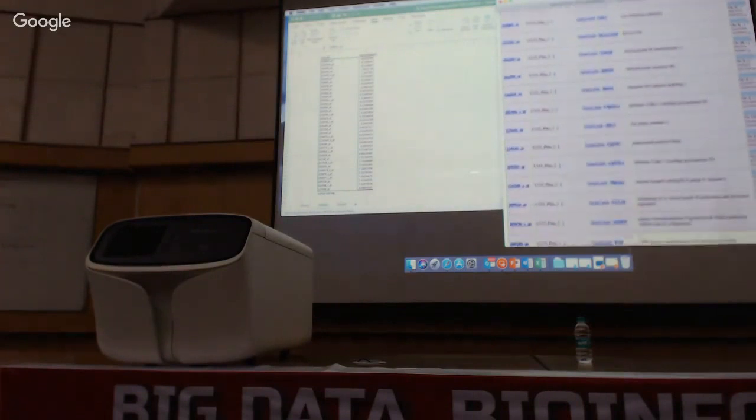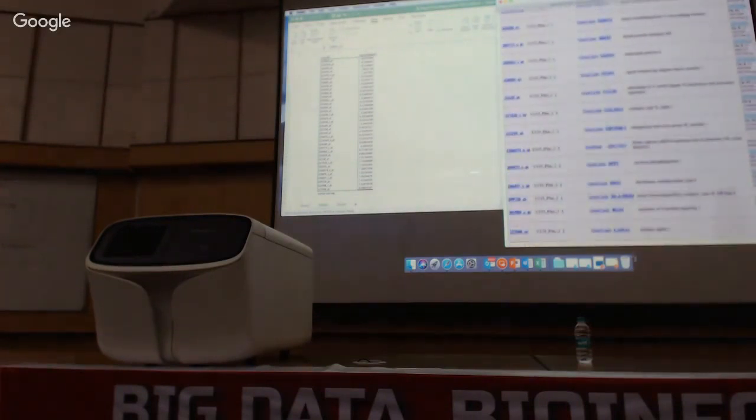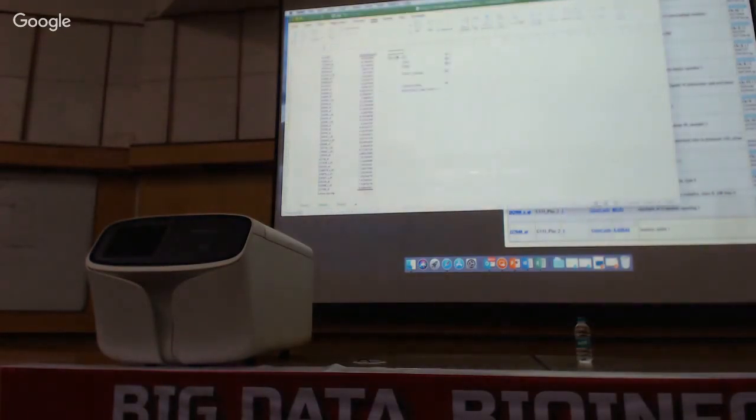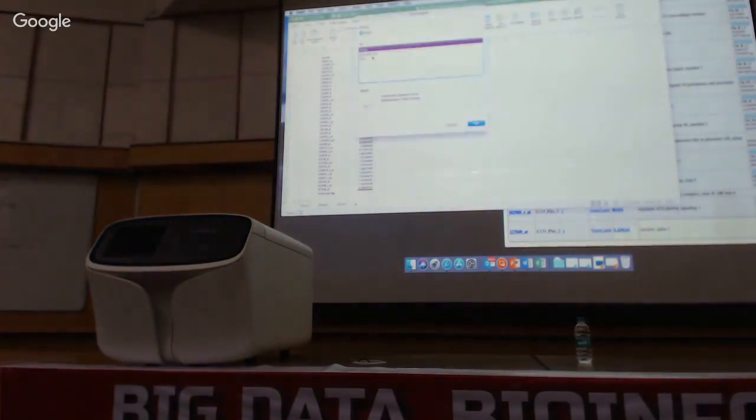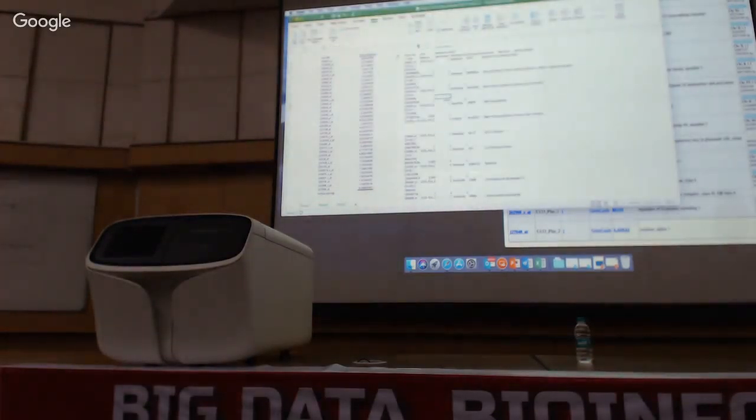So what I can do is, from GeneAnal Home, I can copy this and paste the sheet here. Oops, I don't want to paste it like that. I can edit text. So we want to paste special as Unicode text. And then all I want is gene name and code. If I select this,